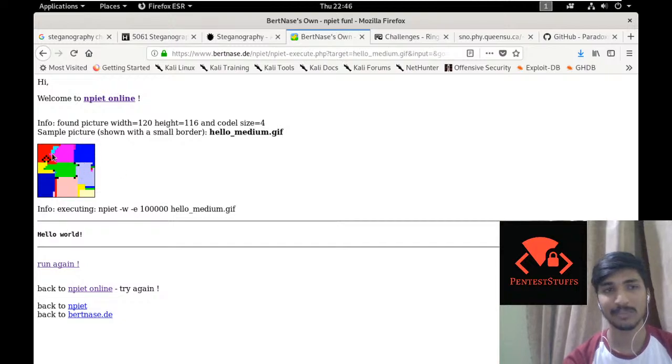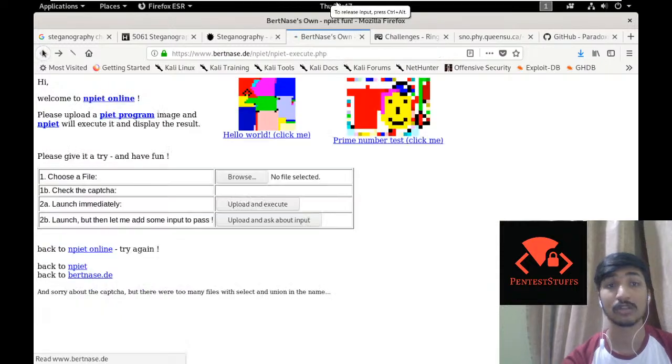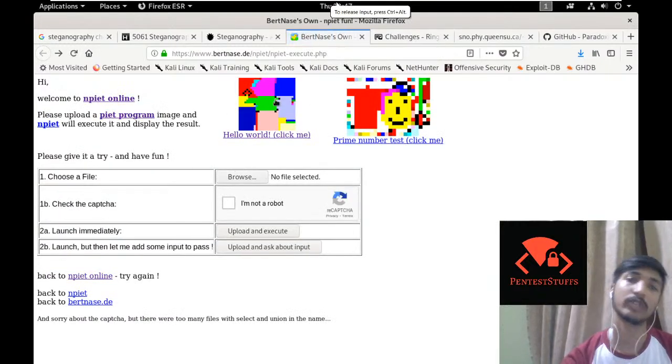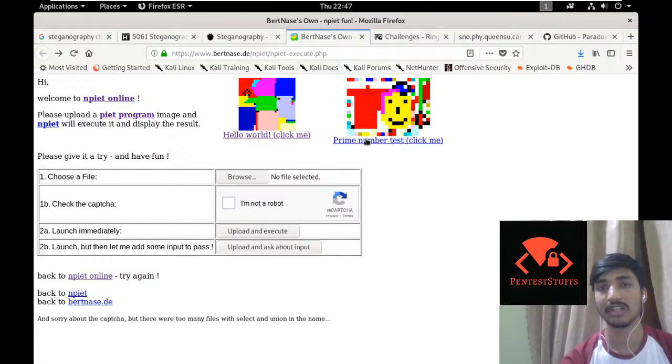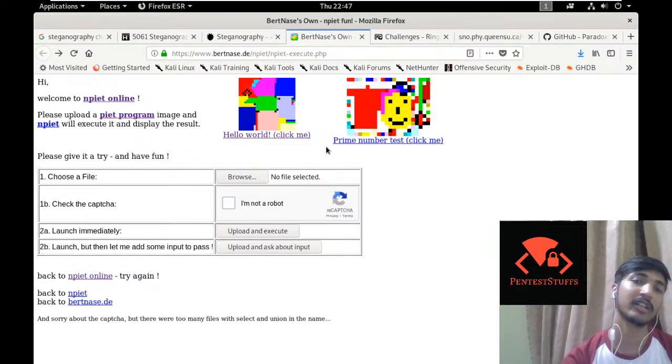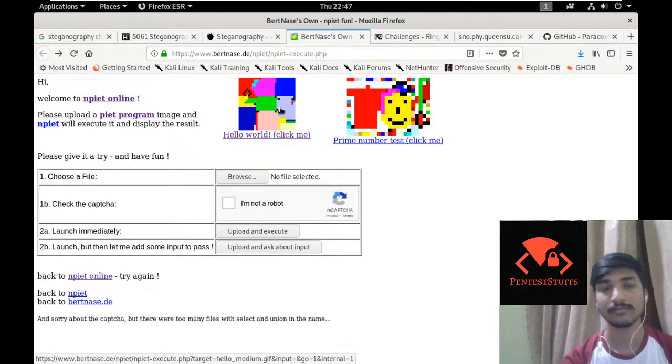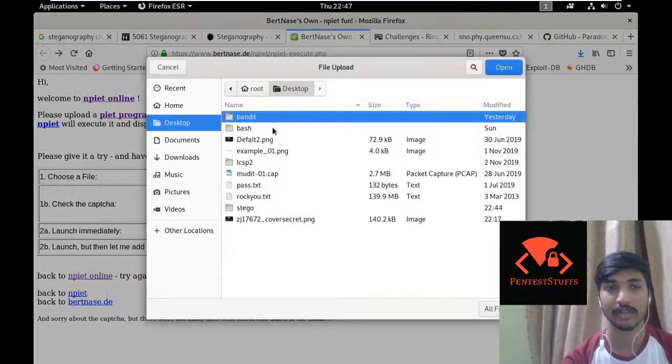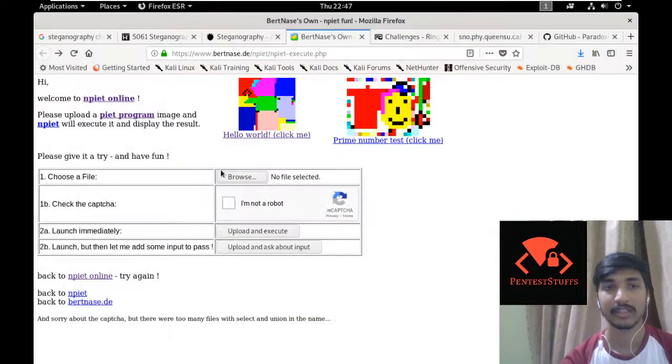Just by viewing this image, you won't be able to tell that this is actually a Hello World program. This is how esoteric languages work. They turn your code into an image, and this right here is a prime number test, and by looking at the smiley face you won't get to know anything about it. Similarly, you could hide any data inside it. If you create a PIET program, you have to learn PIET, however, and send this image over, and she or he uploads it here